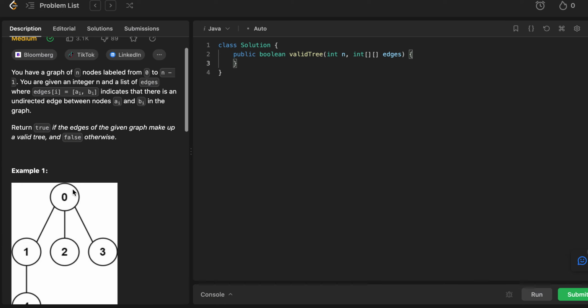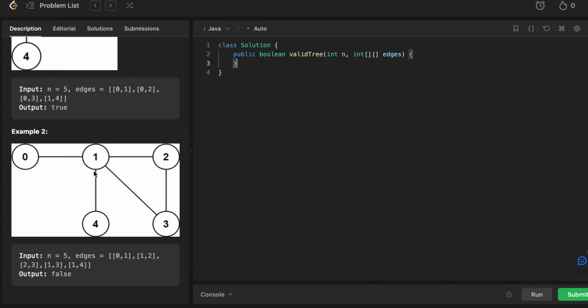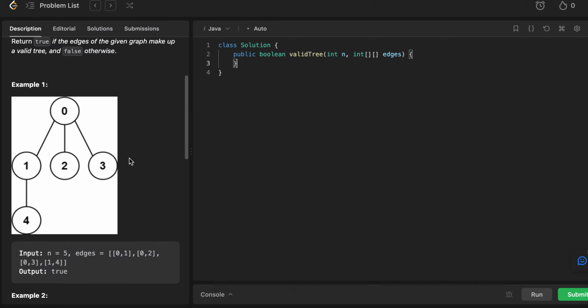is a valid tree. So in this example, it is a valid tree. And if we take a look at this example, this is not a valid tree because there is a cycle in here. And there could be cases where these are not connected, so those are going to be not valid tree. So in order to be a valid tree, as you can see, for number of vertices, there is a